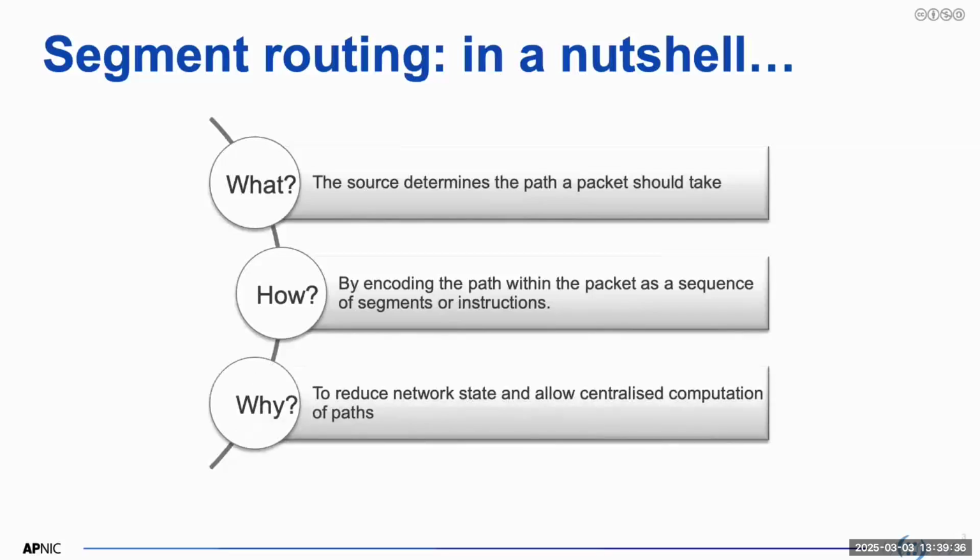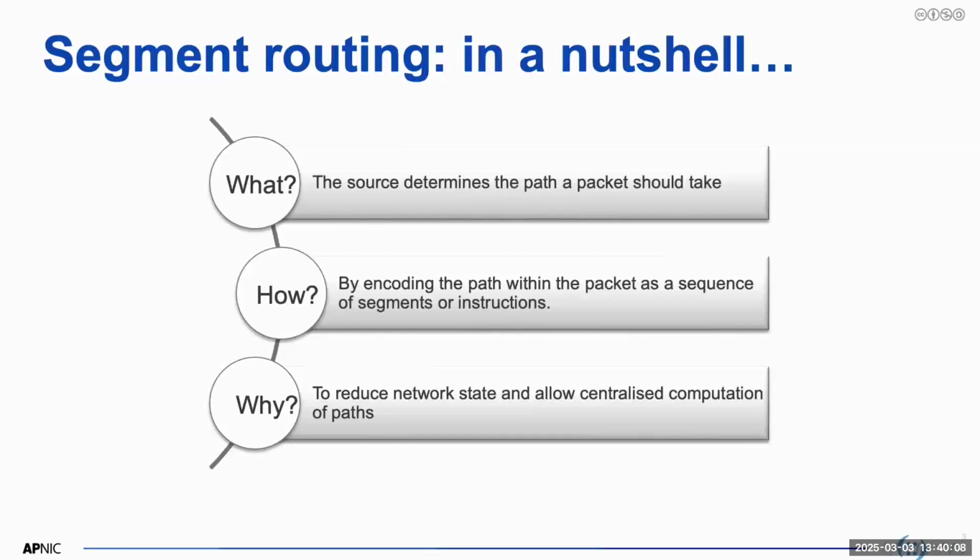So this helps us improve our network in terms of reducing the network state, and also helps us centralize the path computation, whereas in traditional routing, that's done in a decentralized manner, and every device looks at the packet and forwards it one hop closer